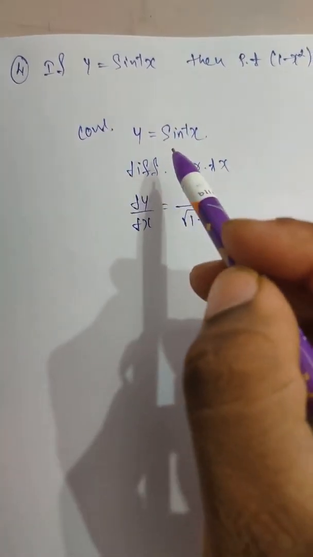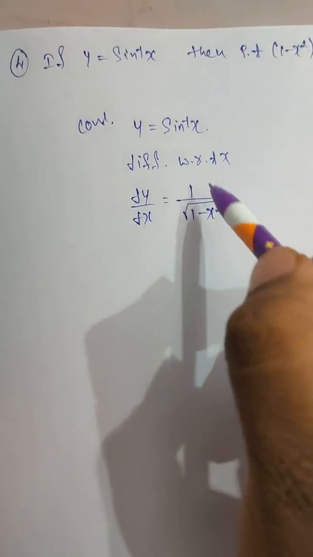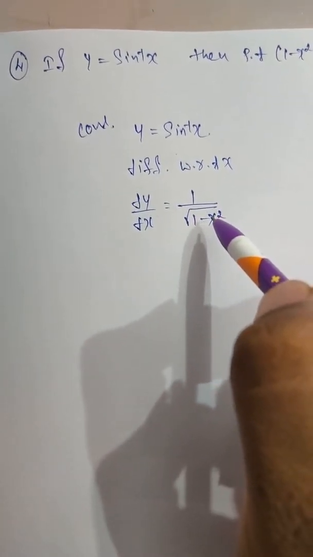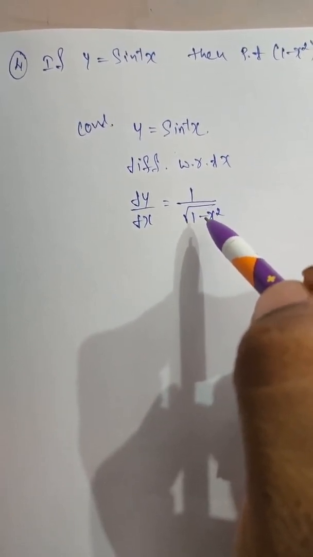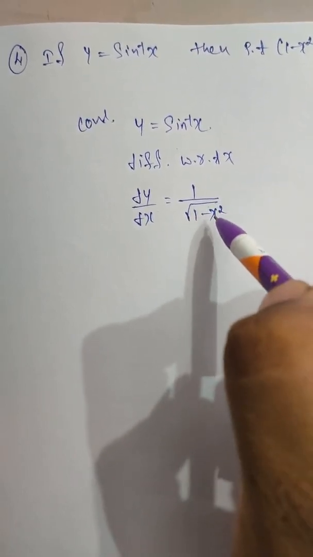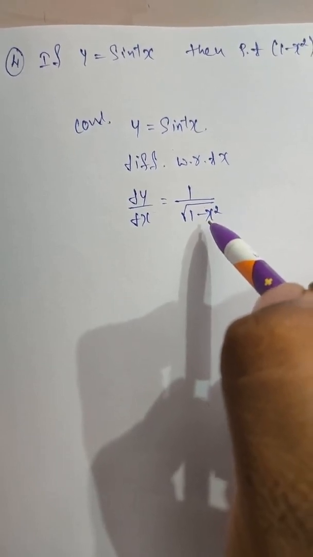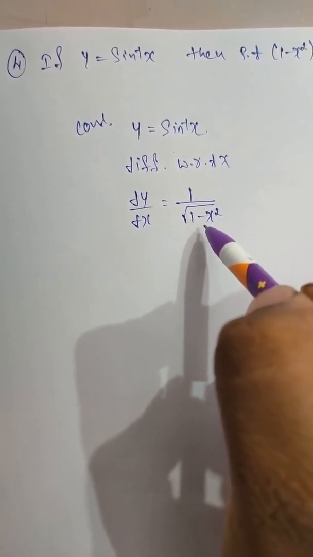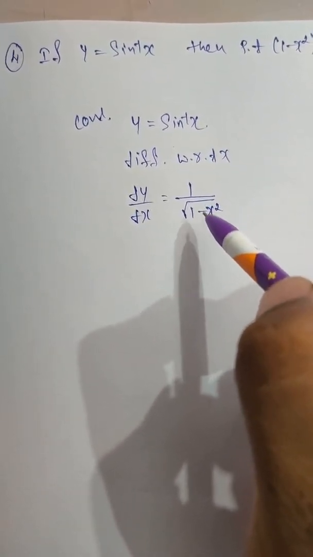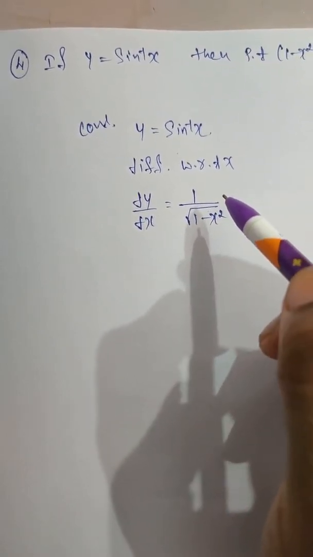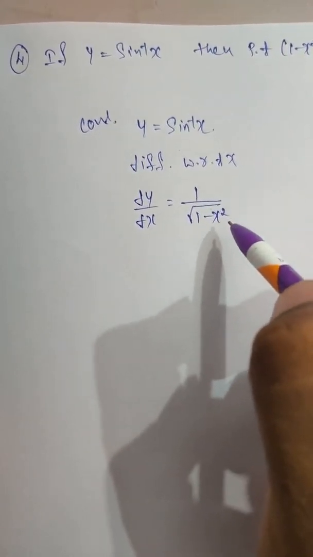Now in this problem we differentiate one time. So differentiate with respect to x. The differentiation of sin inverse x is 1 by root of 1 minus x square. Here you want to remember one point, students. If any term exists in the denominator, multiply the term throughout the equation. So remember these words. After the differentiation, if any term exists in the denominator, multiply the term throughout the equation.